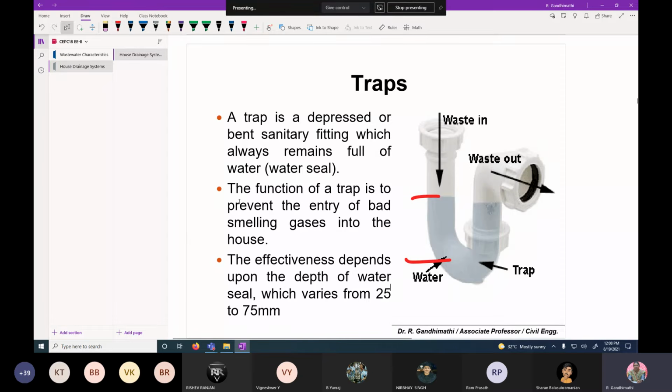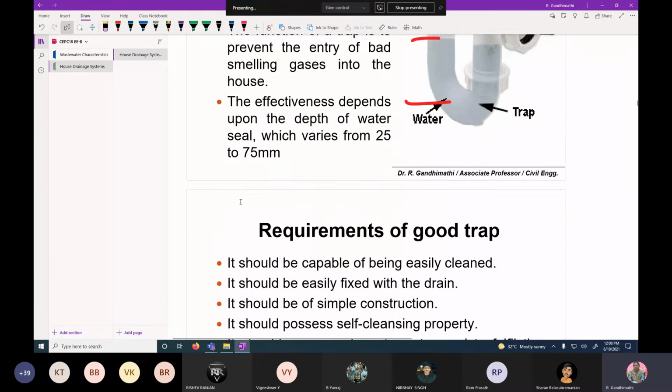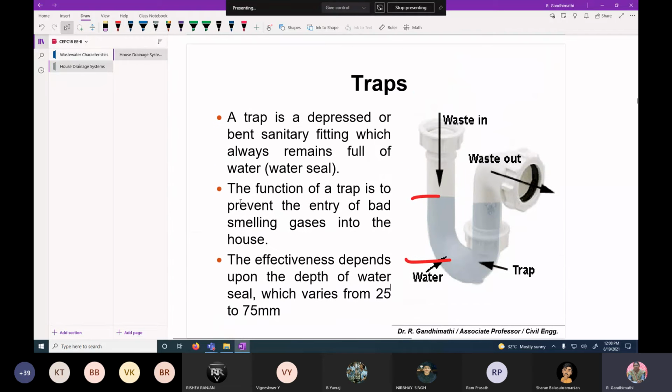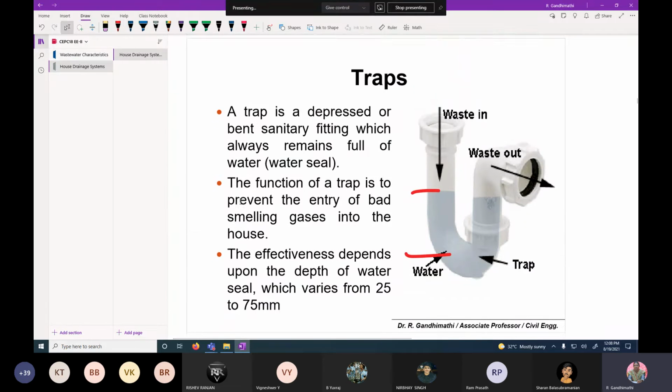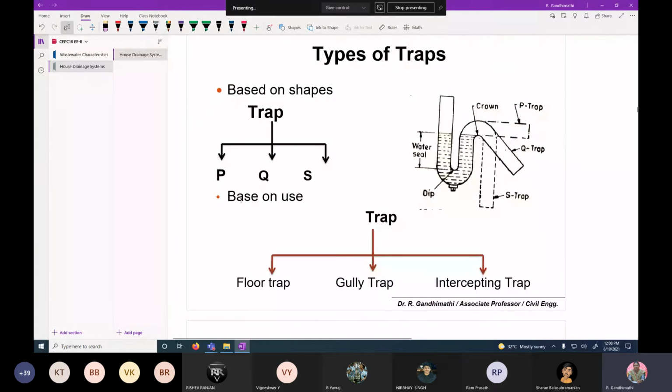Then based on the function as well as the shape of the trap, it may be classified as P trap, Q trap and S trap. You can see this figure here. Mainly we have to see after the water seal. Here I have just explained what is water seal: the depth of the water that is retained in the bend portion.